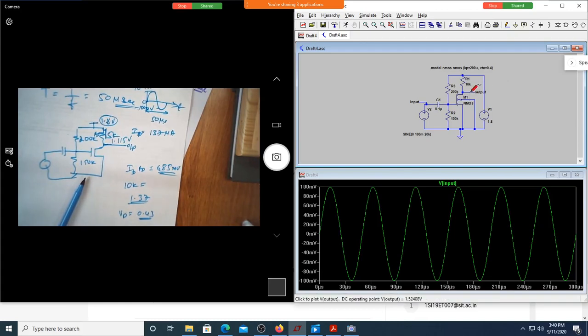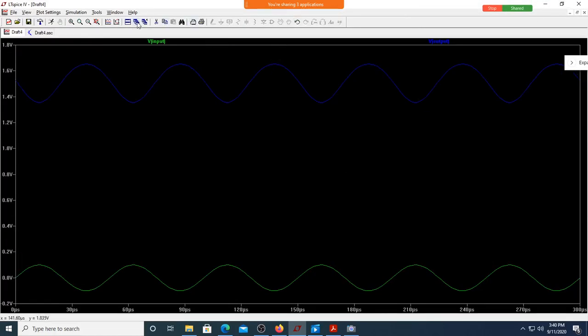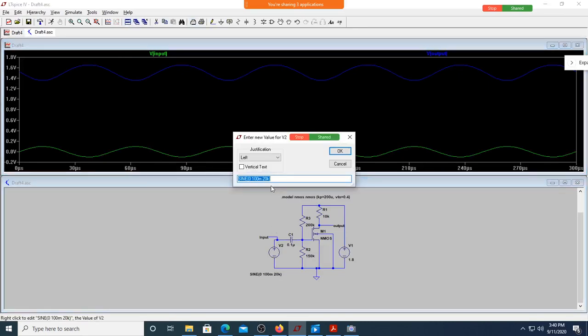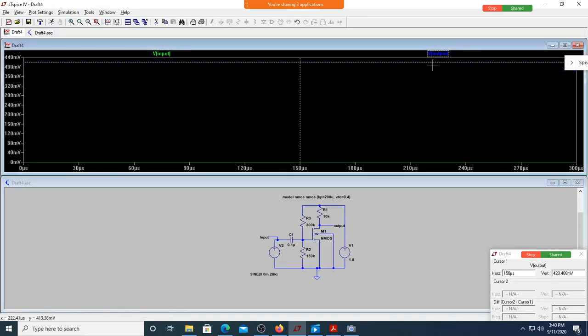So this is now 10k. Can you see, you are getting a waveform which is shifted up. Now for the time being, let me make this input 0. If I apply 0 volt, what happens? Let me run. Can you see what the output voltage is? It is linear, there is no amplitude. Can you see what the amplitude is? 420. Shall we do dot?